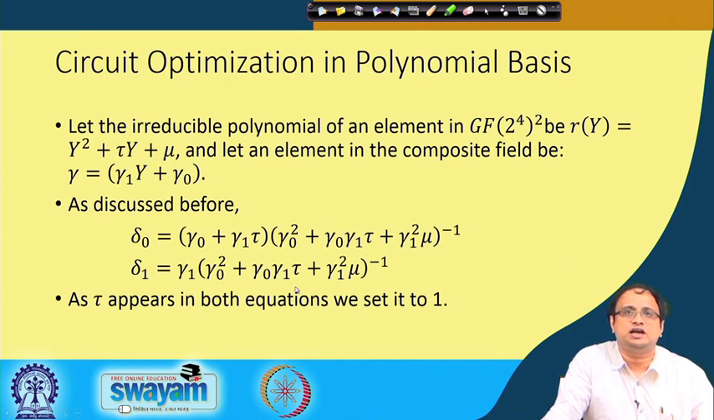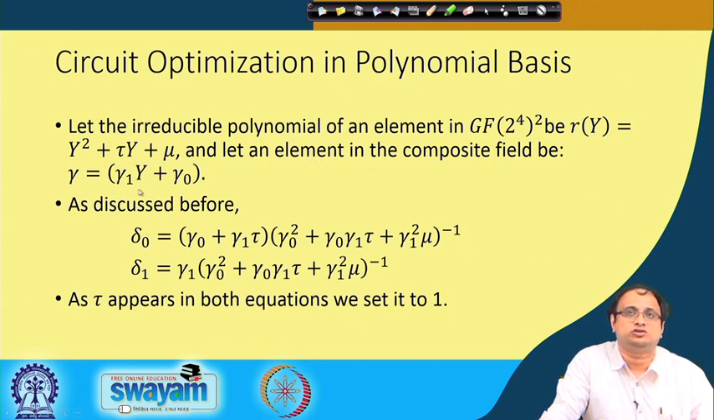So, basically, let us try to look into them one by one. So, first of all, let the irreducible polynomial of an element. Remember that now we are considering that an element in GF2 power of 8 has been transformed to an element in GF2 power of 4 square. There my polynomial is R(y), which is y square plus tau y plus mu. And let an element in the composite field,